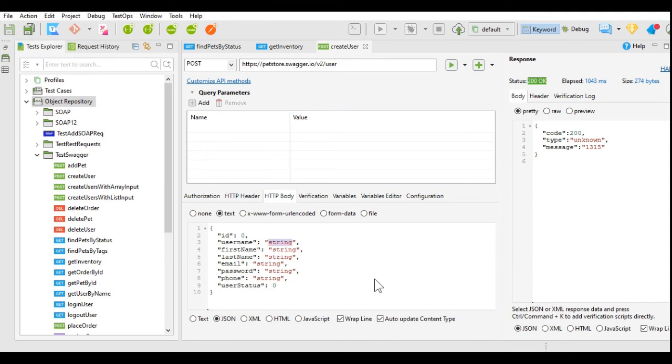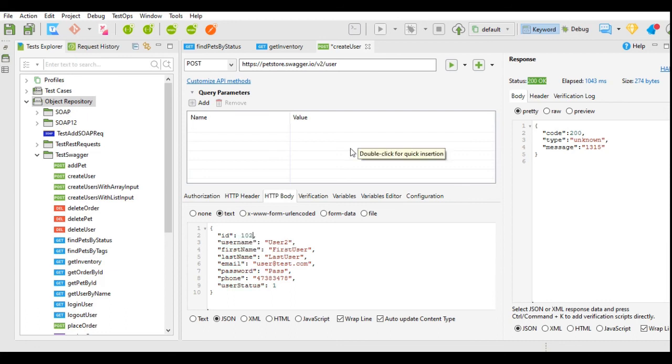Now for this username, I will give the value as user1, first name as first user, last name as last user, email as user. Instead of user1, I will provide user2. Email user@test.com. Password pass. Phone number, I will provide some digits. And user status 1.